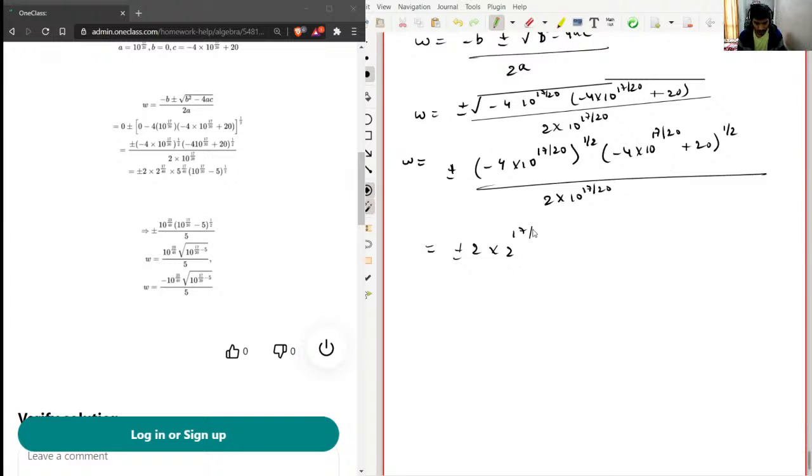Yep, so it will be 2, this will be 40 times 5 power 17 over 40, and